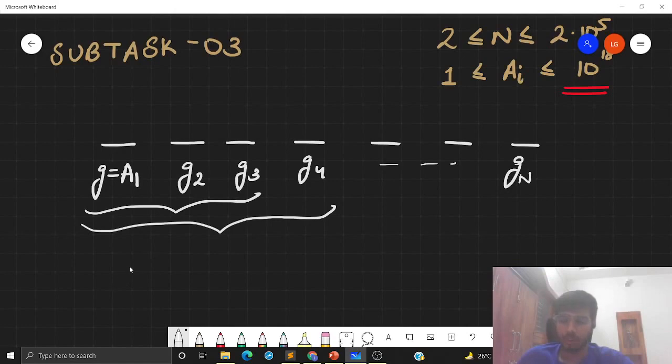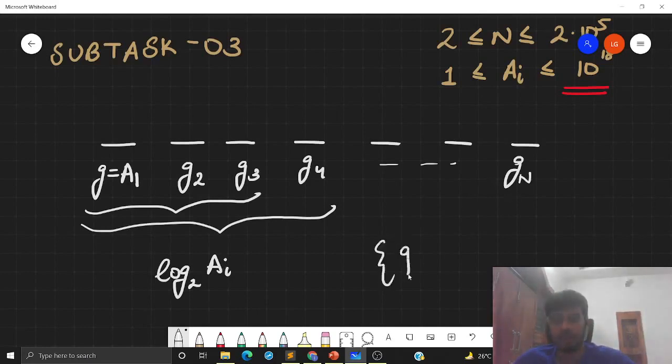Now an interesting observation is that there are at most log of ai distinct values of G possible in this set G1, G2, and so on up to Gn. Can we prove this? The proof is very simple.